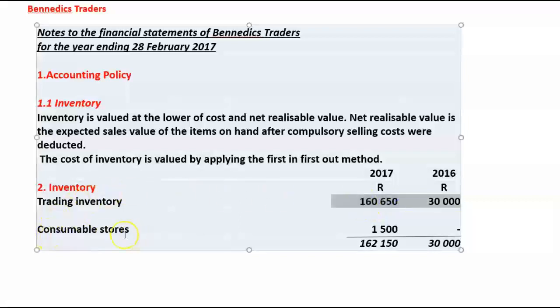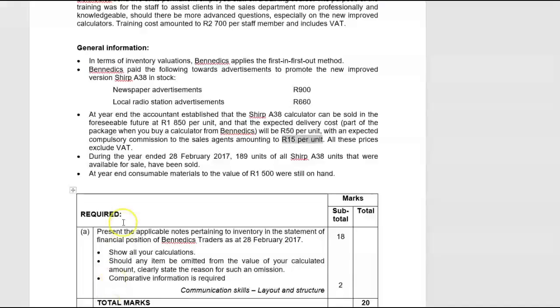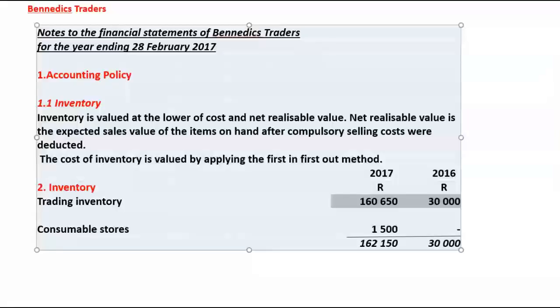Then in the question, they also told you that at year end, consumable materials to the value of 1,500 Rand was still on hand. So obviously that forms part of your inventory note. Consumable stores 1,500, total 162,150. What is not here, and it should have been there, is that you should have said that a net realizable value adjustment